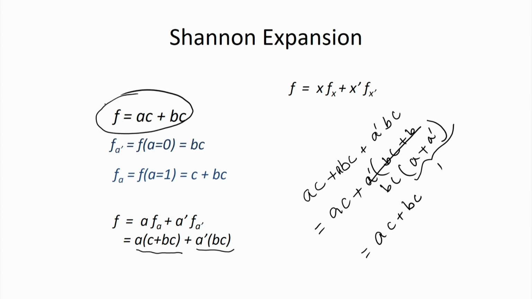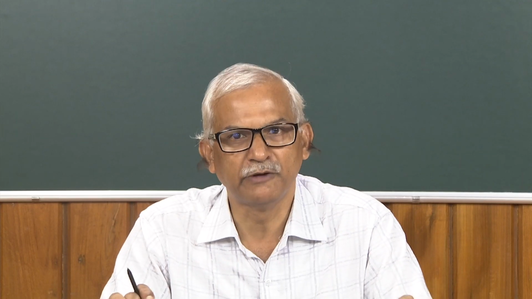So, this given function can be expanded with the help of this particular Shannon expansion. We have expanded it with respect to the variable a. Similarly, we can expand this function with respect to variable b or c, and eventually the Shannon expansion is going to retain the given function. So, this is the basis of our BDD construction. We are using Shannon expansion to construct our BDD.